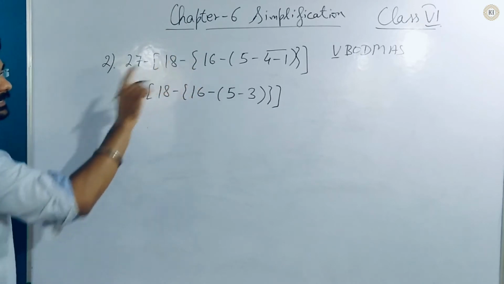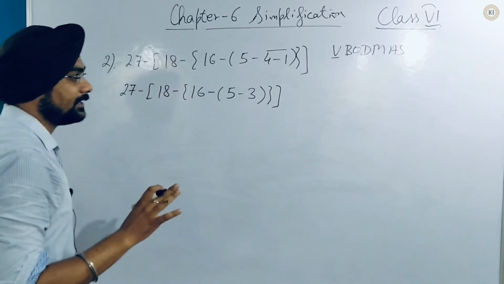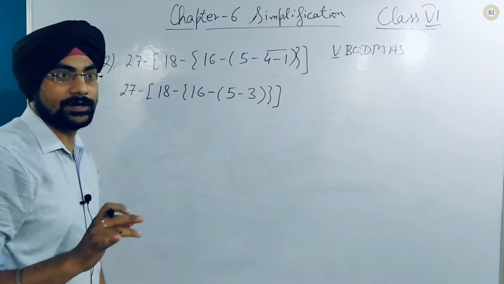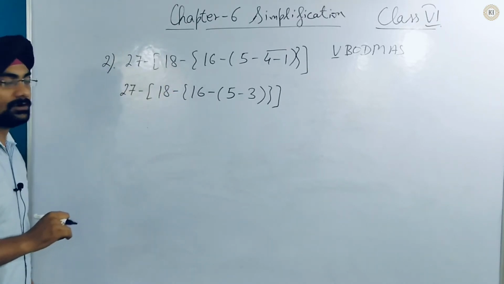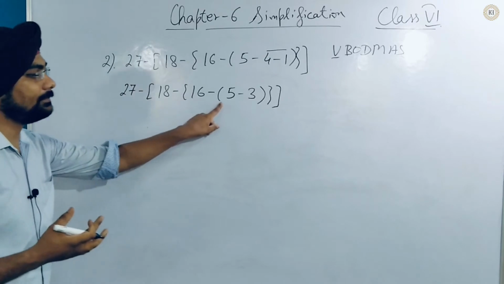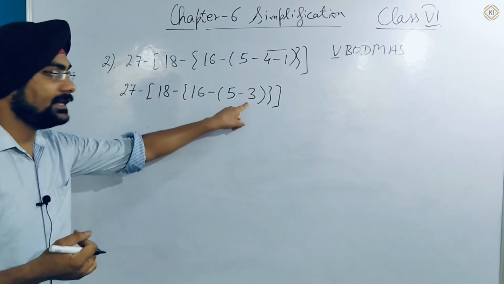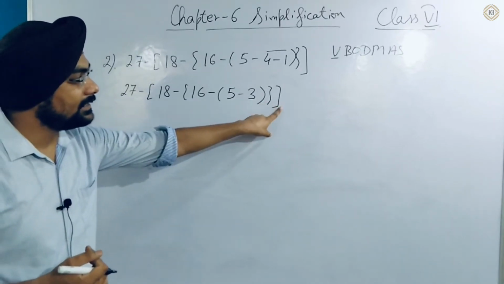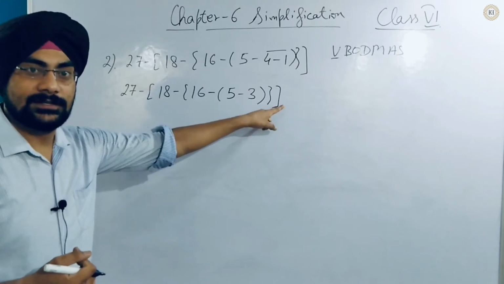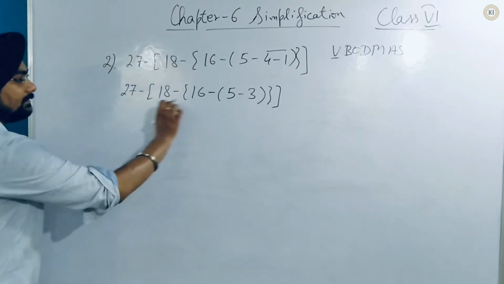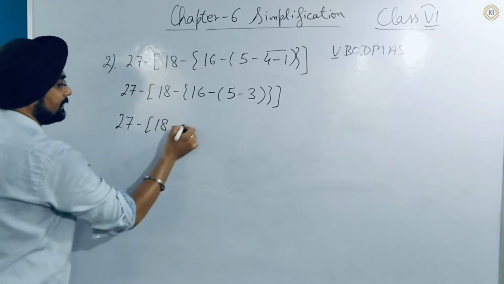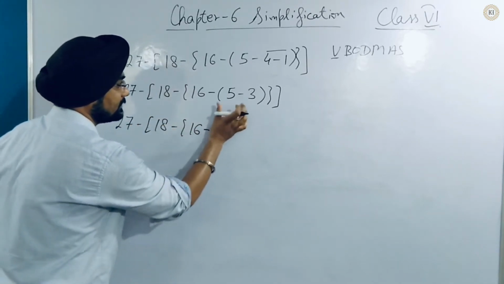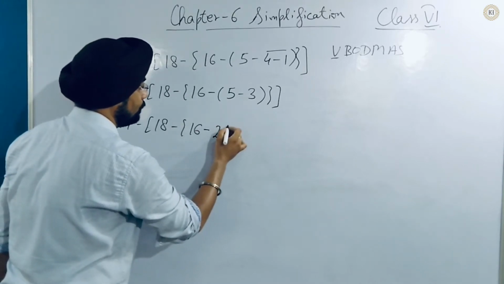Now second, brackets. You will find that there are several brackets, but according to the rule, first we solve the Vinculum, which we have solved. Second we solve the parenthesis, the small brackets. Then we solve the curly brackets. At the last we solve the square bracket. The rest of the values we will not disturb; we simply copy them down as they are. Minus 16 minus 5 minus 3 will be 2.